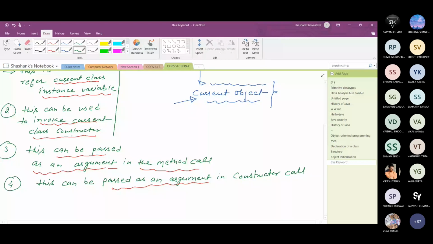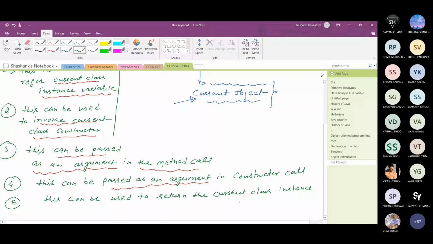Now the fifth use is that this can be used to return the current class instance from the method.